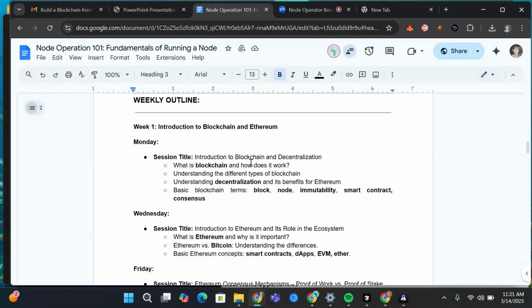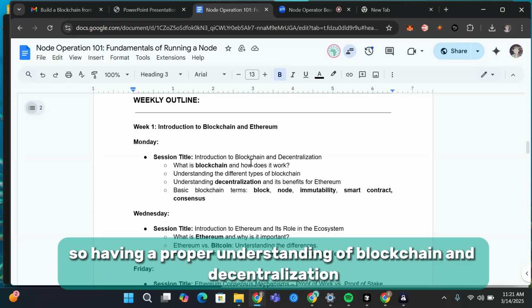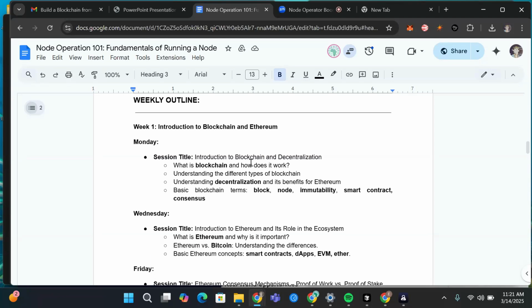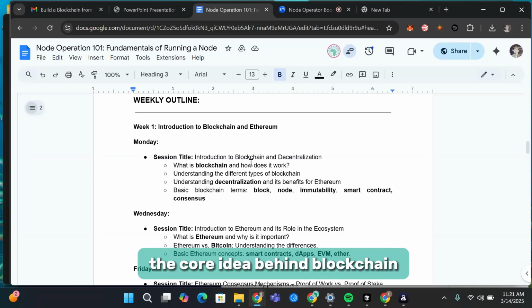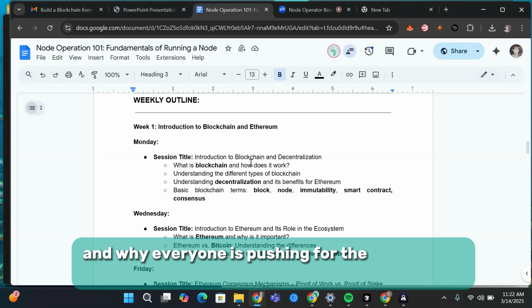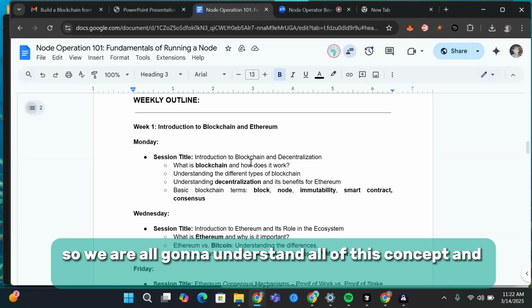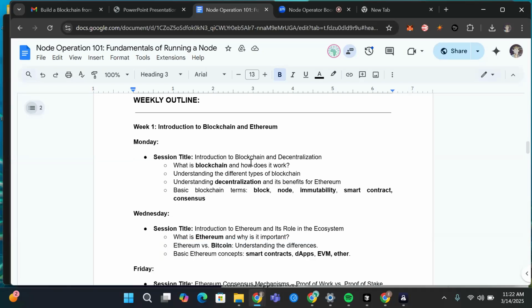So having a proper understanding of blockchain and decentralization, having an understanding of the core idea behind blockchain, because there is a reason why everyone is talking about blockchain and why everyone is pushing for the adoption of blockchain. So we are all going to understand all of these concepts and the whys. Then also how it works,